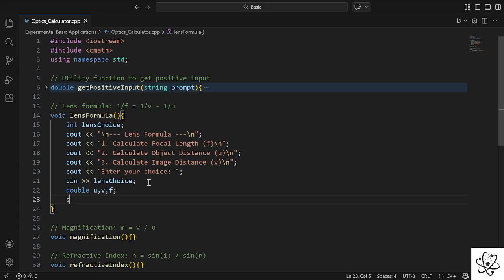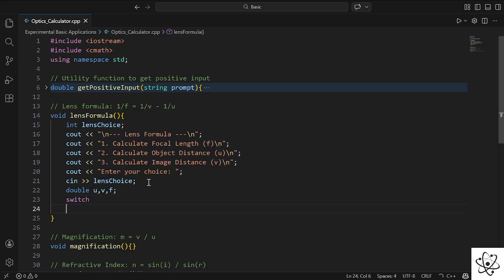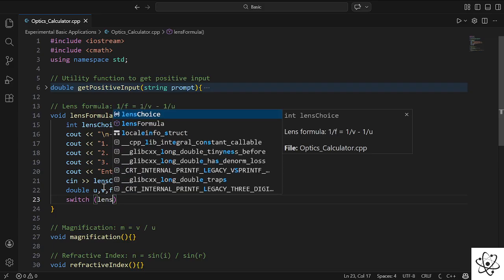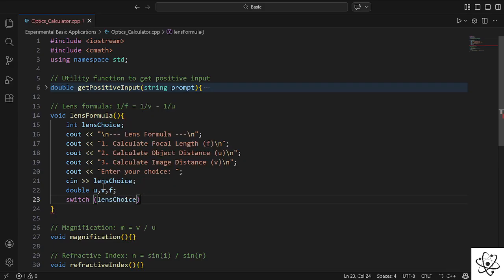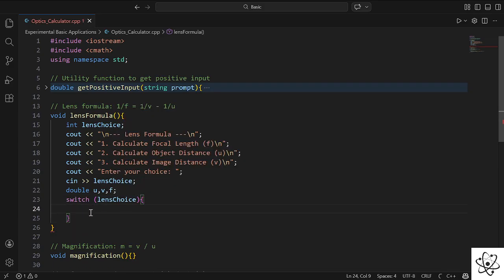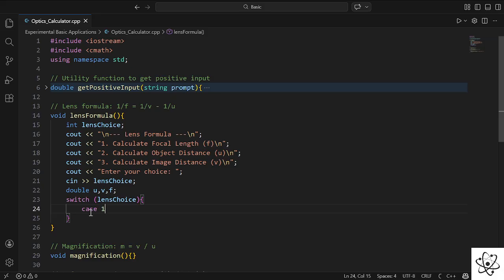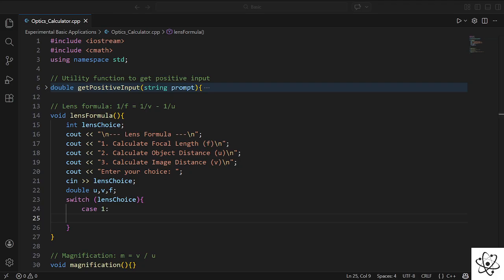Now, at last, we are going to use the switch statement, and in the switch statement, we are going to call this lens choice. Basically, this is what it is going to check on. Now, we are going to use different cases. Now, let's say if the case is 1, that means we want to calculate the focal length here. So, this case is actually going to call us with something like